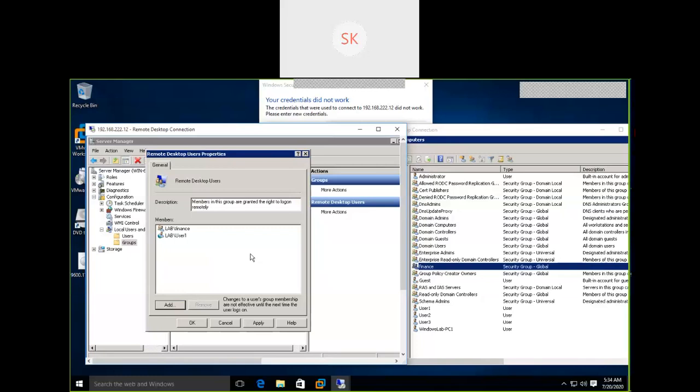For example, the finance system, HR finance team, or admin team. Only, for example, the finance team is able to perform certain actions on the system. As an administrator, I need to perform administrative tasks. I need to change the IP. I need to change the system configuration. Then what privileges should I have on this local system? I should be part of the administrators group. Whatever the case, click on apply.